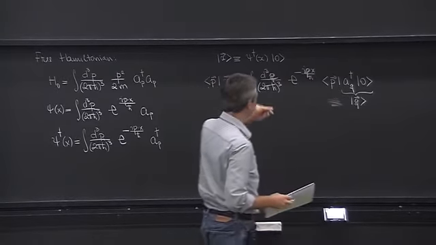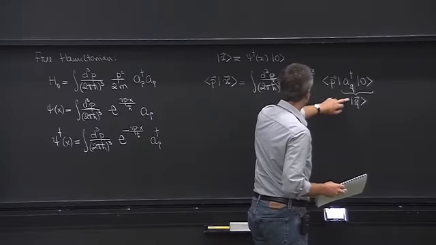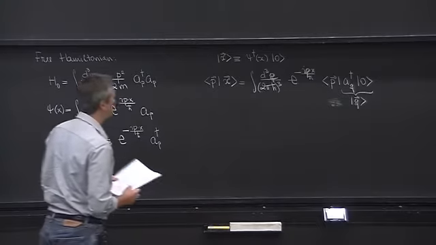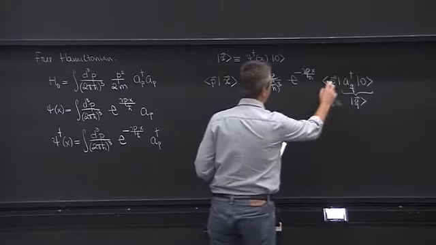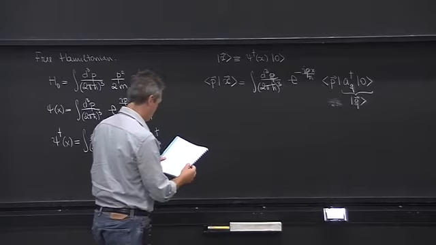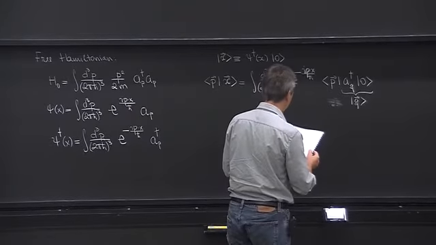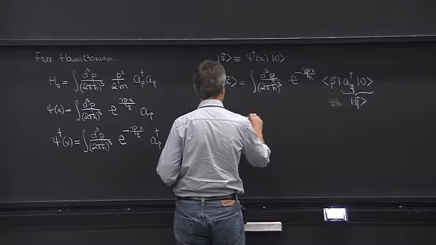And the momentum eigenfunctions are normalized to 2 pi h bar in our notation. So this is equal to